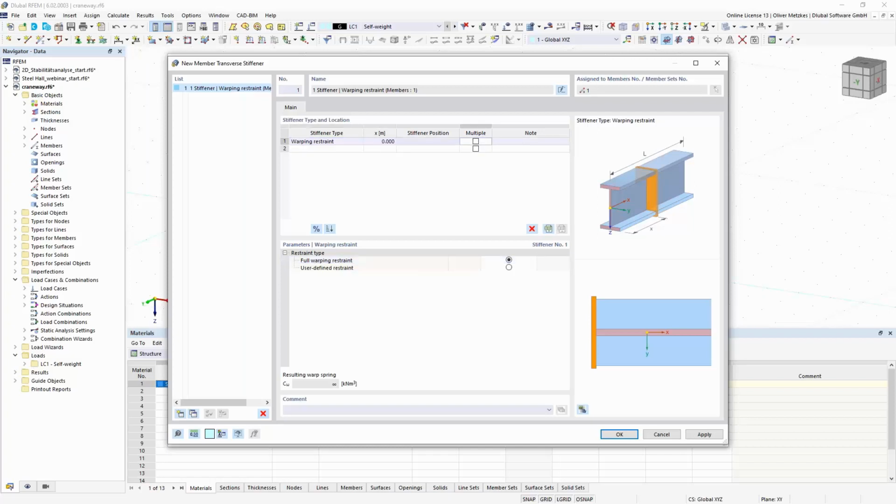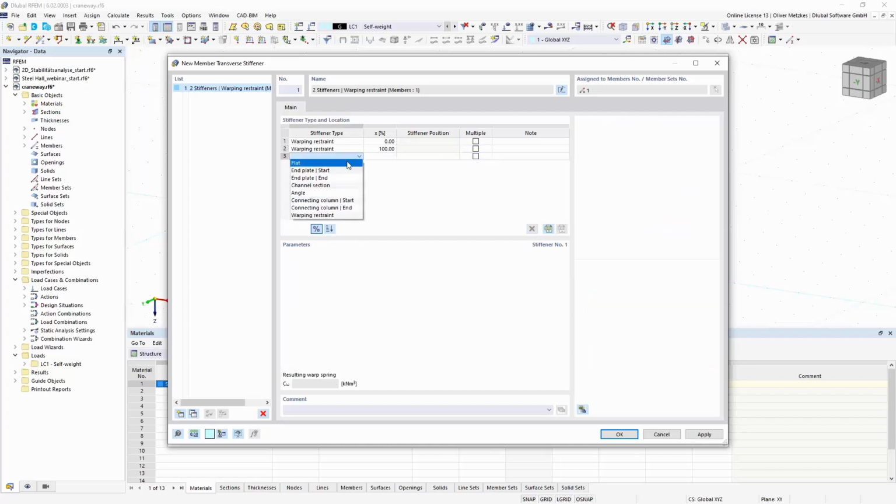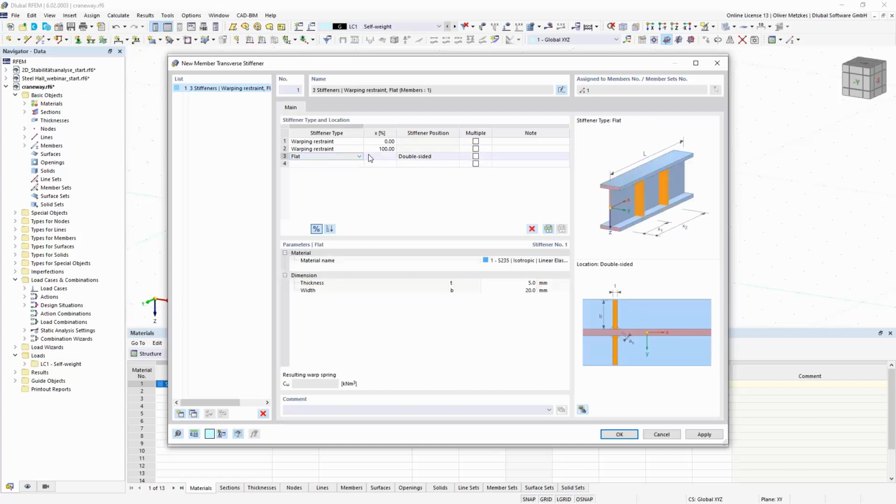I set one at the position of 0 and then a second one at the end. So I use the relative input by clicking on this button, and at 100% of the beam length I will have the second full warping restraint. I also want to add a flat stiffener in the middle where I have my other support. So at 50% I have my flat stiffener with a certain material and thickness, so 20 millimeter, and also the